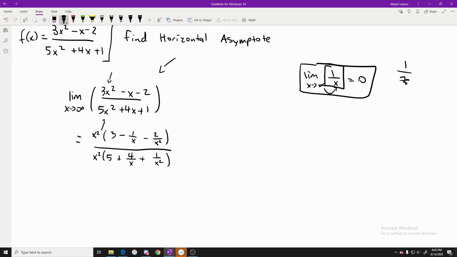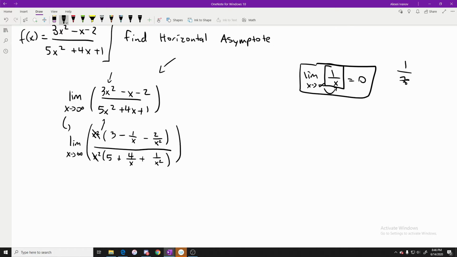So now that I've factored out x squared right here, I see that I have these two common factors and I'm able to cross them out and get a simplified version of this function. Now my mistake, I didn't carry the limit over, but we would have it right here. Let me write that in. The limit, let me erase this too. The limit as x approaches infinity